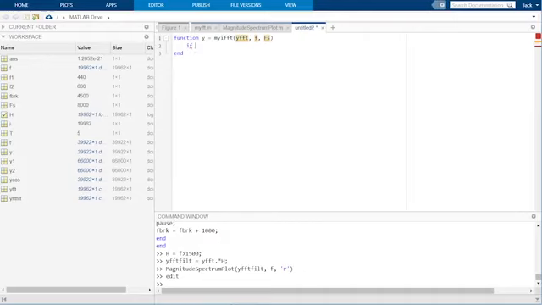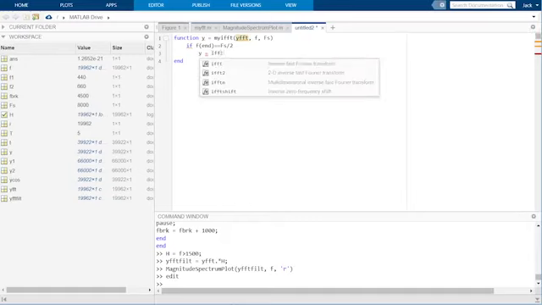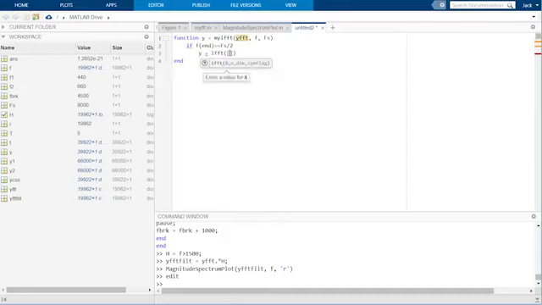If our FFT does contain frequency fs over 2, then our full FFT for signal y can be reconstructed by computing the IFFT of YFFT followed by the complex